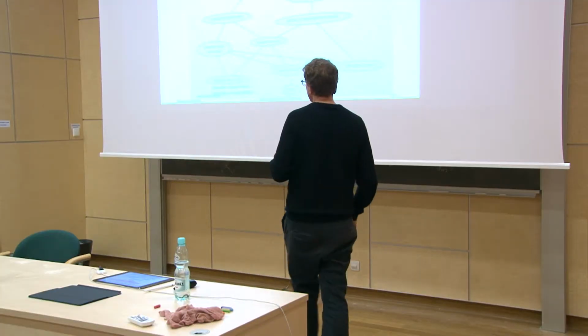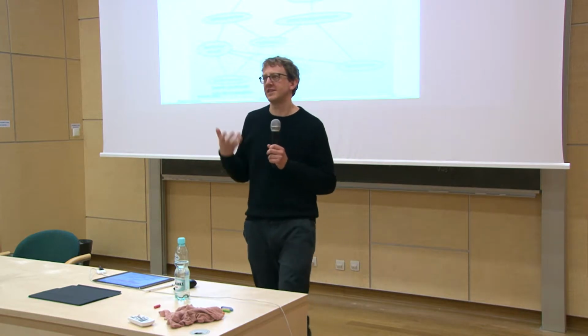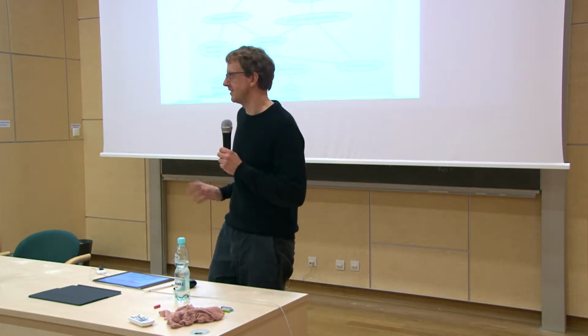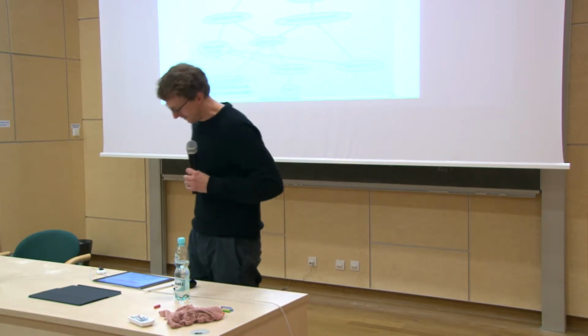Sparse is not really well defined, but it means the number of edges is sort of linear in the number of vertices. Yeah? Like if you look at a complete graph, then you have n vertices and n squared edges, so this is a huge number. And if you have planar graphs, then the number of edges is at most 5 times the number of vertices, so this is a very small number, for instance. So we call something sparse, just to give you some idea, if the number of edges is roughly linear in the number of vertices. But this will be made precise tomorrow morning, what I mean by it.